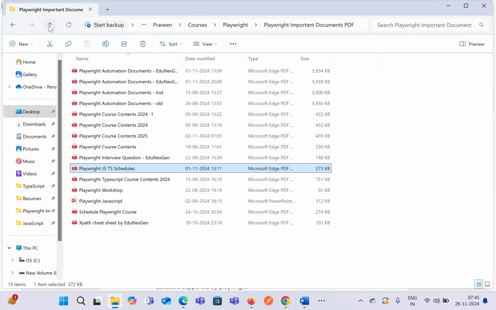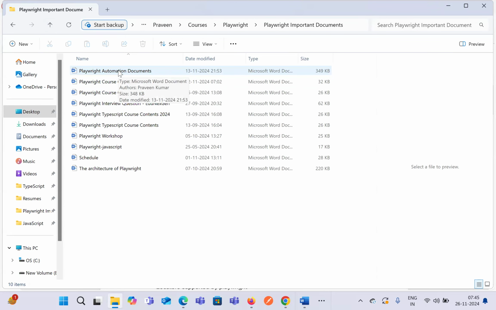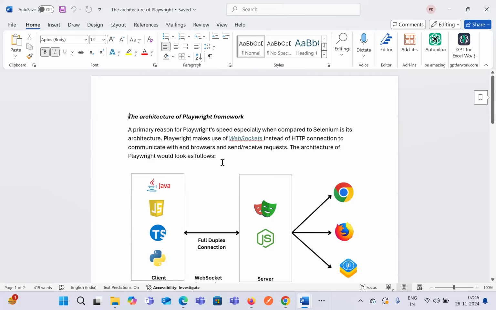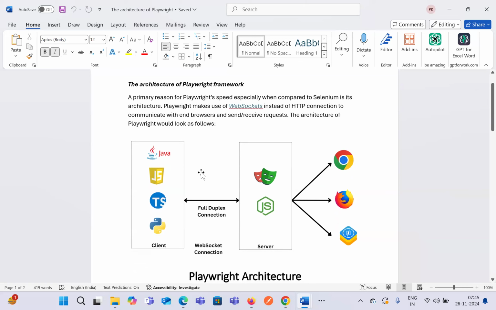So let's go through the architecture, how it looks in terms of Playwright. It is similar to the architecture of Selenium: if you have worked on it earlier, or if you know the architecture of Selenium, then it's very easy to understand in terms of Playwright. If you have not, then it's still very easy to understand the architecture of Playwright. The architecture of Playwright is basically a two-way architecture, like a two-tier architecture. What is meant by two-tier is